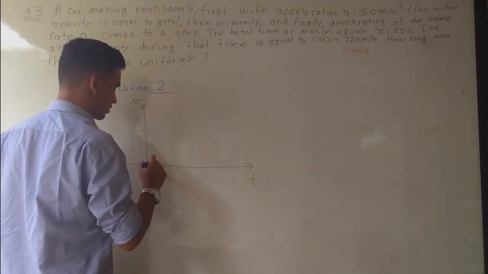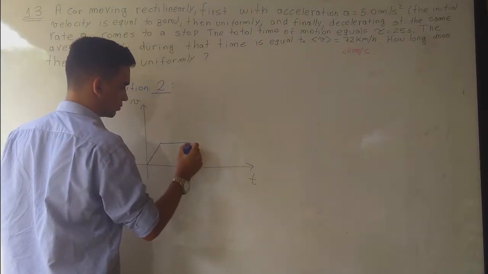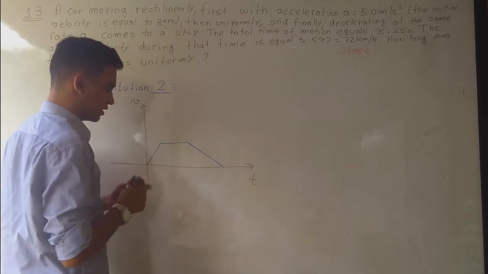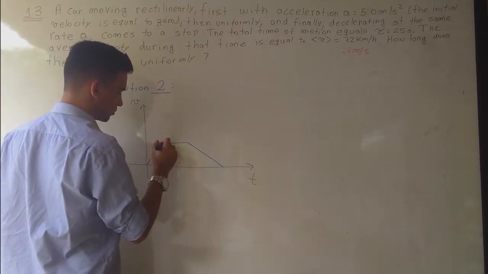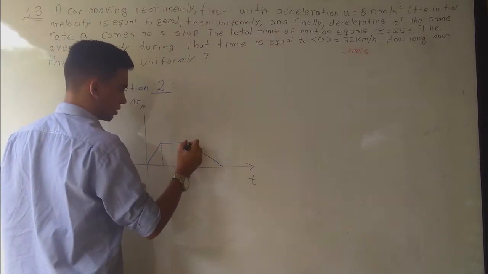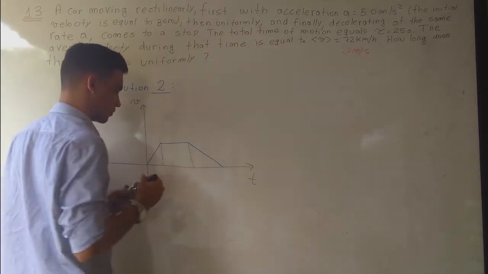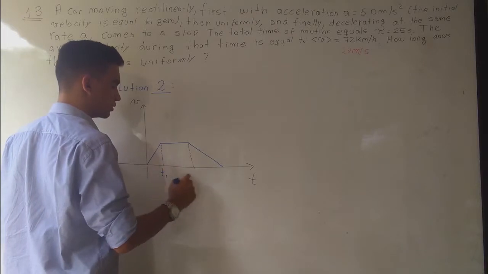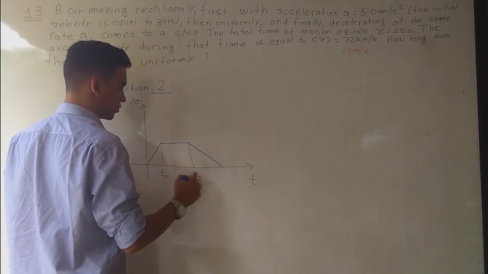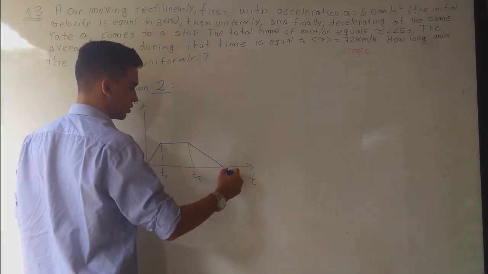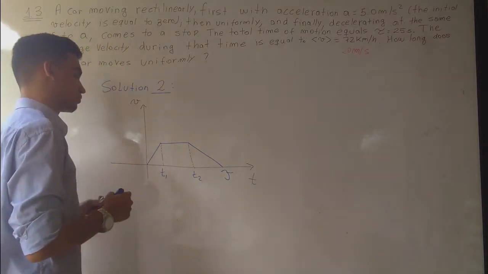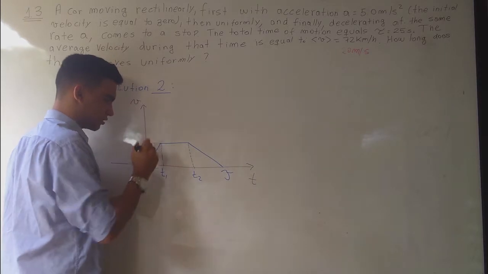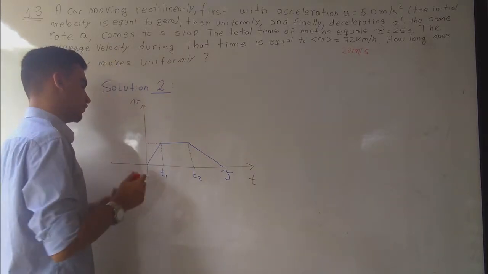The graph is trapezoidal. We can divide it again here and here. We can call this T1, this T2, and all of this tau. We can call this velocity here V0